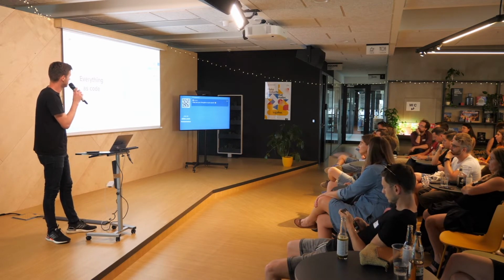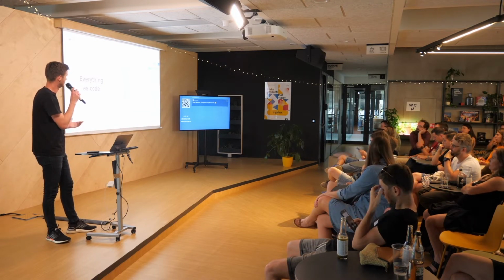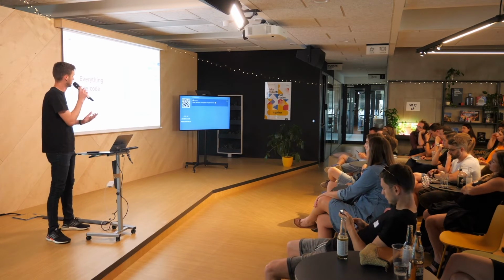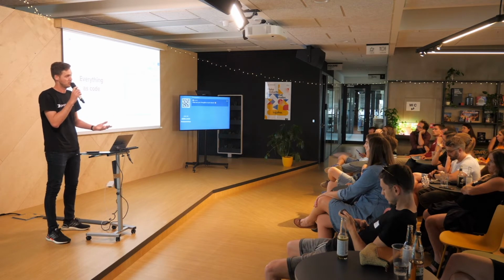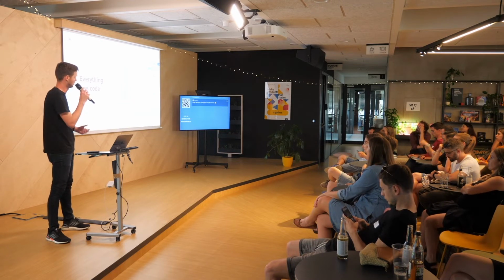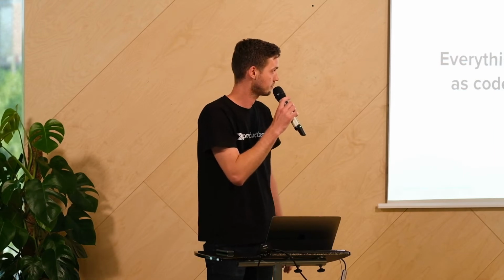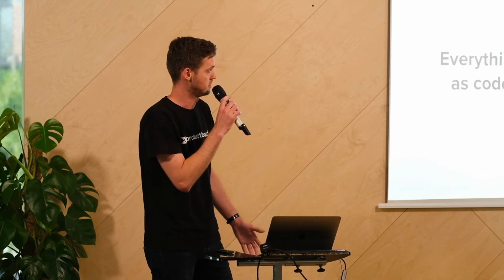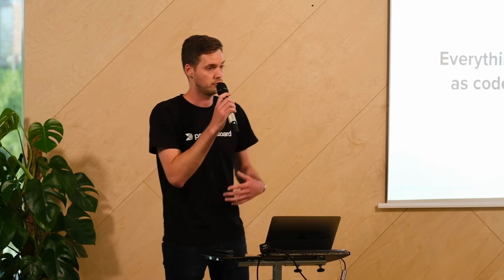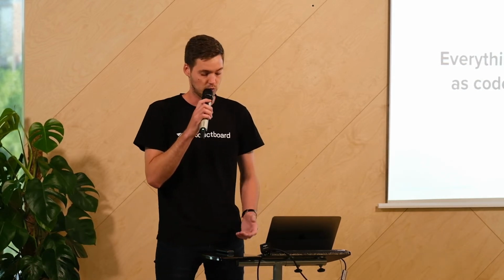So in this example, you can see the definition of a view, which you can imagine as a table. For example, if you have some table in your database and you want to use it for reporting, you have to define it as code in Looker. You can see that there is the definition of a dimension, there is the definition of a measure, and you have to define everything as code.